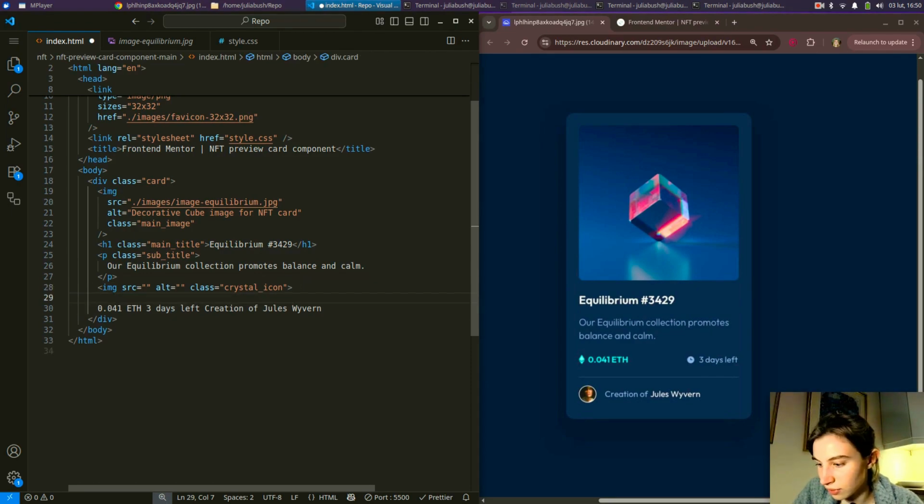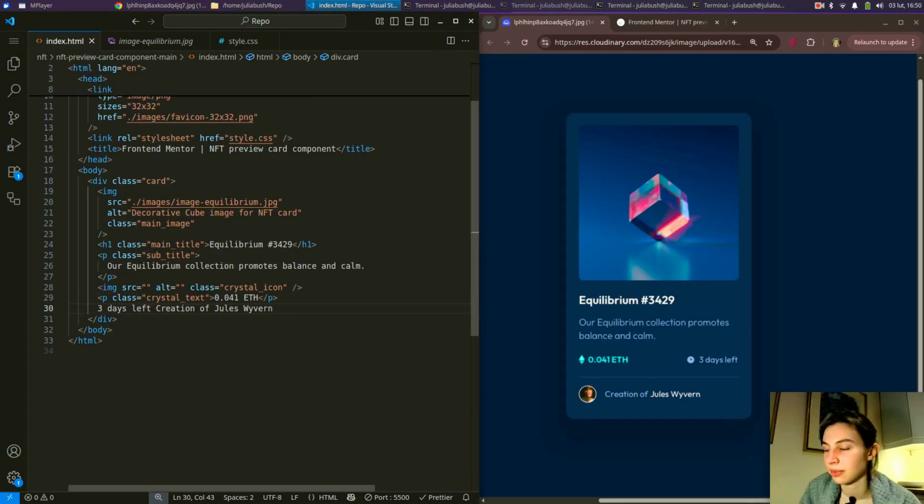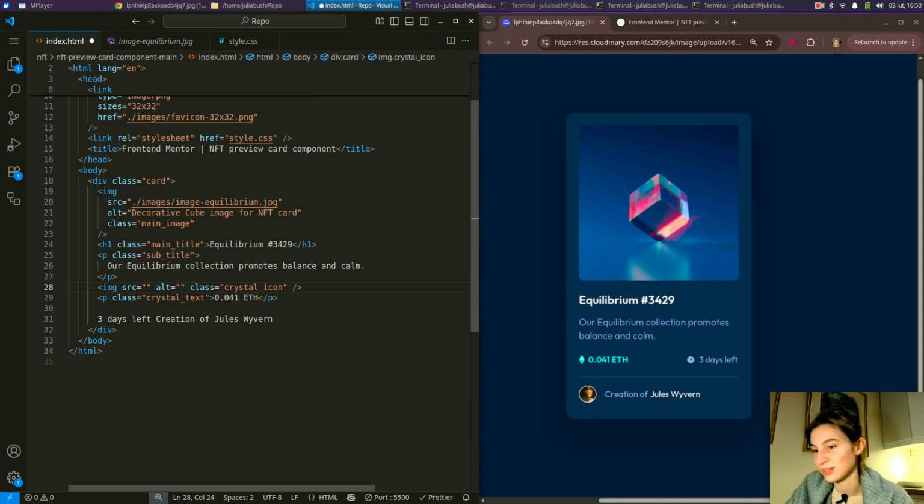And then I'm also going to have another P tag, and I'm going to call it crystal text. All right, and here I'm just going to put the text that's next to that image, so just copy that. We could also do what I was doing before, where we do View, Command Palette, and then wrap it, and that will immediately wrap it in the element. And you can also do it the other way. This is basically the most cumbersome part of doing these challenges, is doing the HTML elements, so please bear with me. All right, the alt text will say small icon